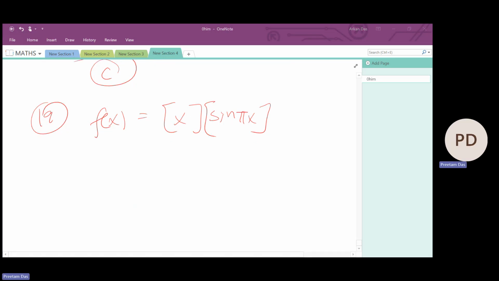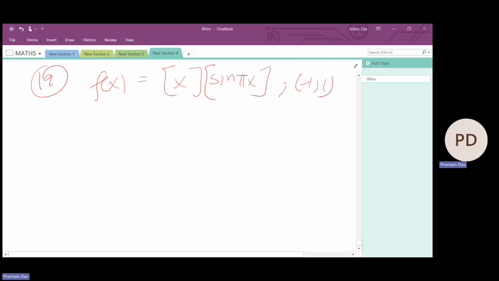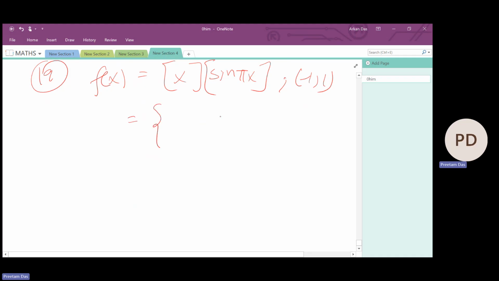So they are asking this definition for minus 1 to 1. So let us see what happens when it is minus 1 to 0. X belongs to minus 1 to 0. So if x is between minus 1 to 0,